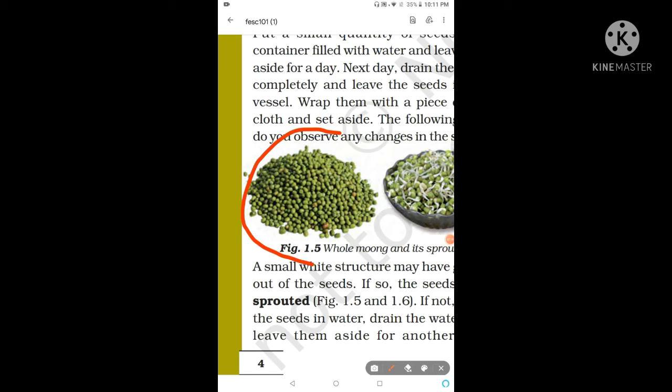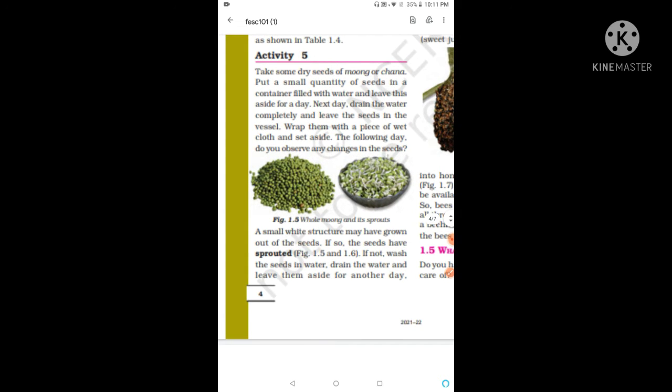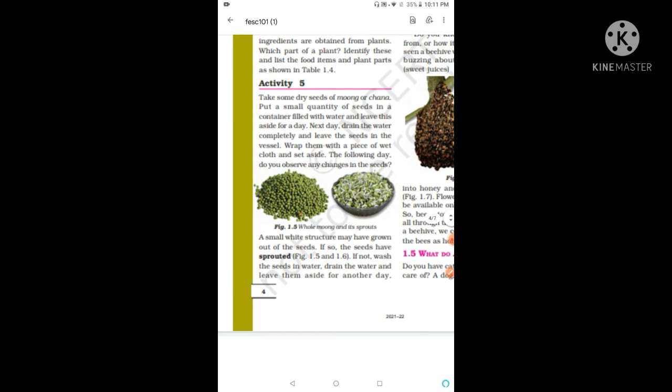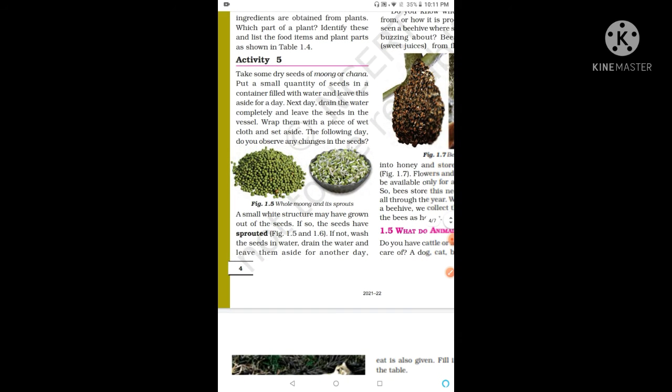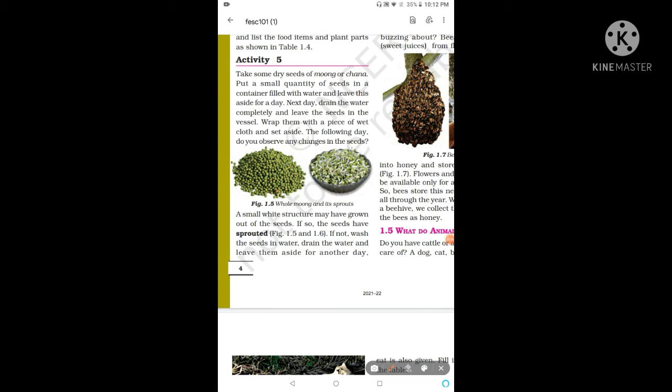I hope you all can see this thing. So this becomes the before and after, right? This becomes before and after. Now let's continue. A small white, see it's written here also, even a small white structure